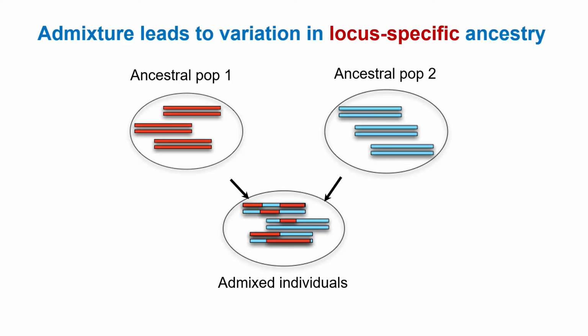Due to recombination events, the genome of the admixed individuals starts recombining between segments from the different ancestral sources, such that the genome of admixed individuals has this unique feature that it's a mosaic of segments of ancestry from, in this case, the red and the blue population. And the length and distribution of these ancestry segments is another molecular clock that we can use to investigate the properties of this demographic event. Okay? But I'm not going to be talking about that today. Today I'm going to talk about how we use that in studying the genetics of disease.